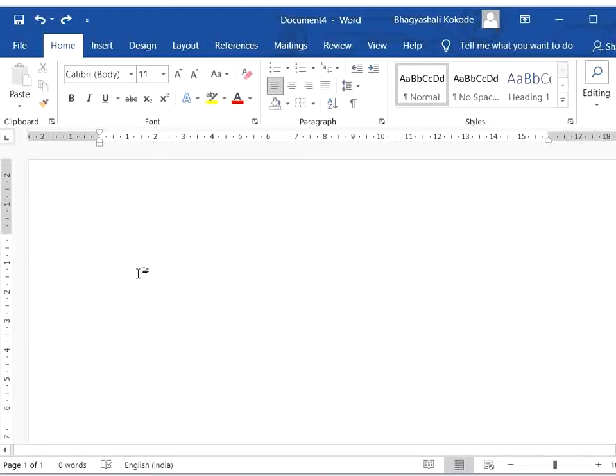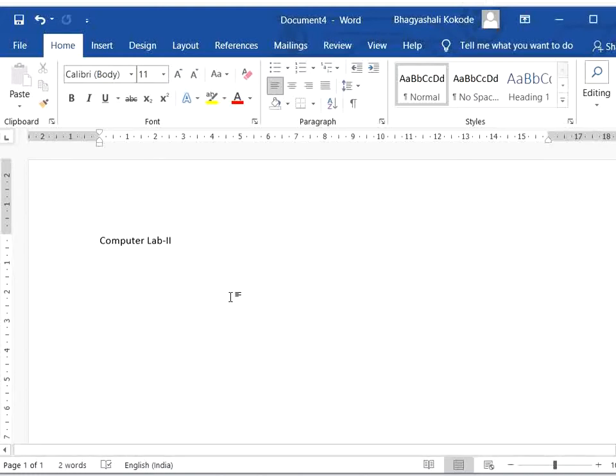After this, whenever I press Control Y, again you can see Computer Lab 2. So the shortcut key Control Z can undo an action, and by pressing Control Y, it can redo an action.